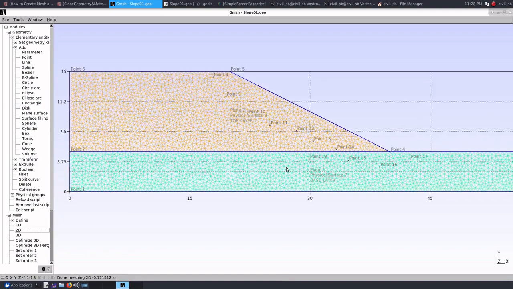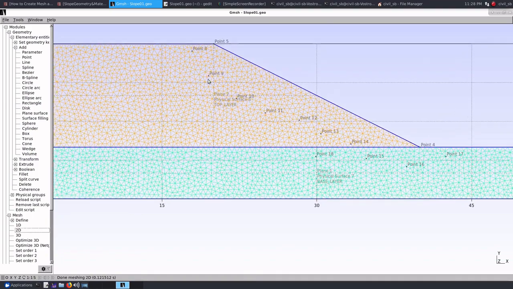Now you can see that nothing has happened. There is no node on these points. Why that has happened is that although I have added the points, they are not yet part of the plane. So to add these new points to the planes, what I can do is edit this,